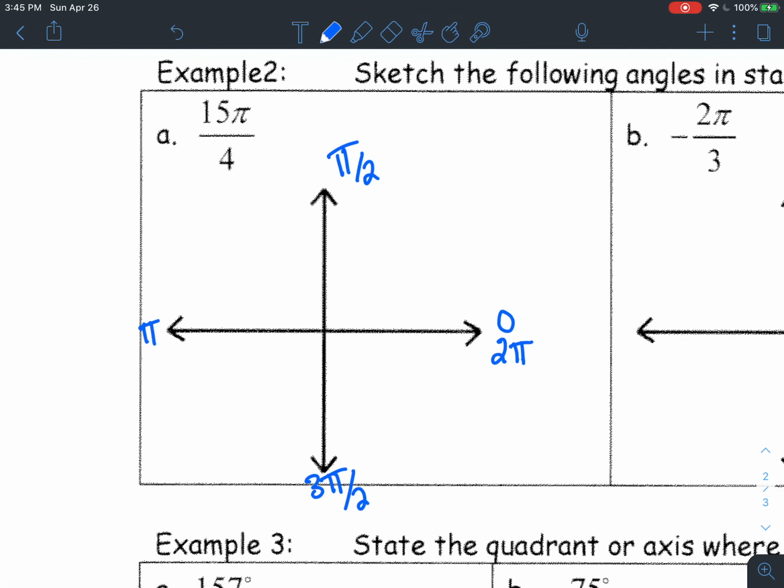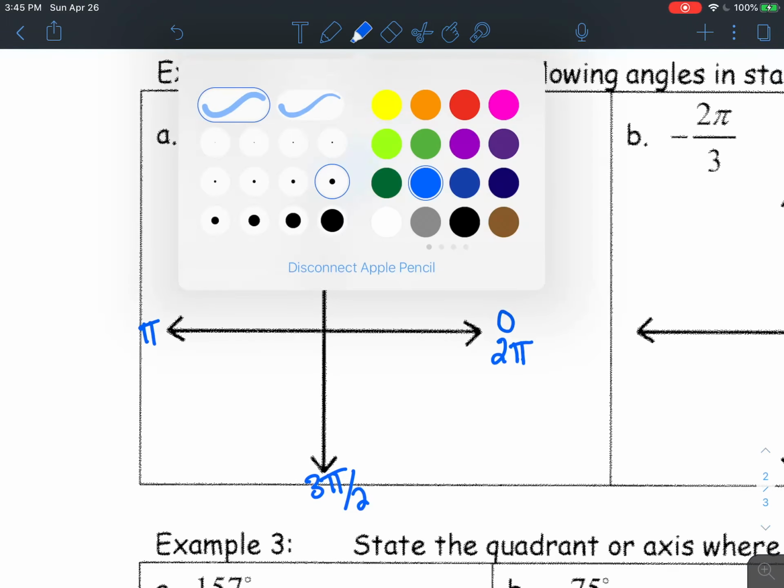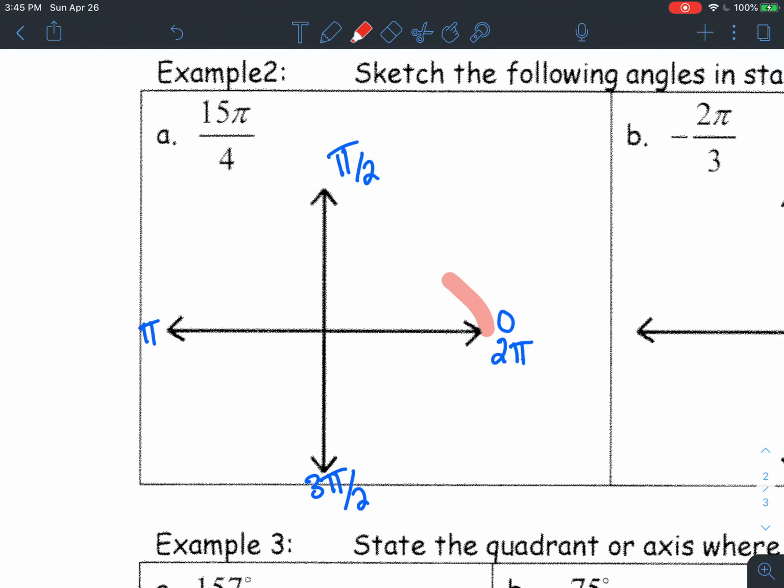And it's basically just taking it and turning it into a fraction, where if this is 0, I'll trace it with my highlighter since I can do that. I've got 1/2, 2 halves, which reduces to just 1, 3 halves, 4 halves, which reduces to just 2, in radians. So if you're trying to figure out where the angle that you're trying to find belongs, 15 over 4, right, 15 over 4,